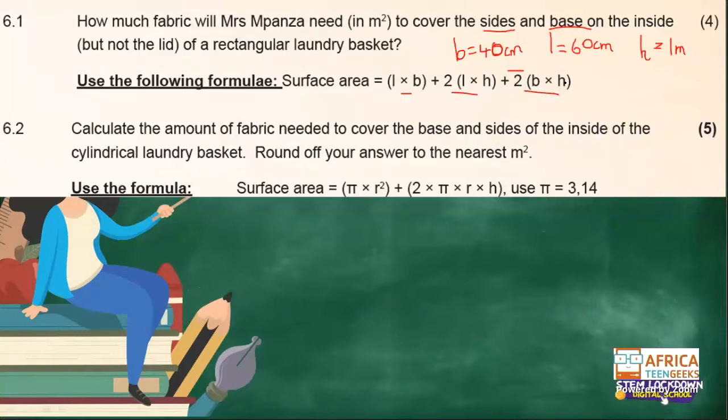Okay. I want to know what is the surface area of the amount of fabric that Mrs. Mpanza will need. I'm giving you guys maybe 3 minutes this time around. 3 minutes to do 6.1. As soon as you are done, make sure that your answer is